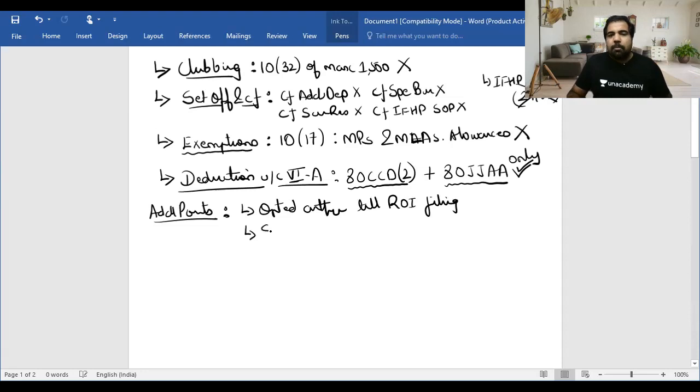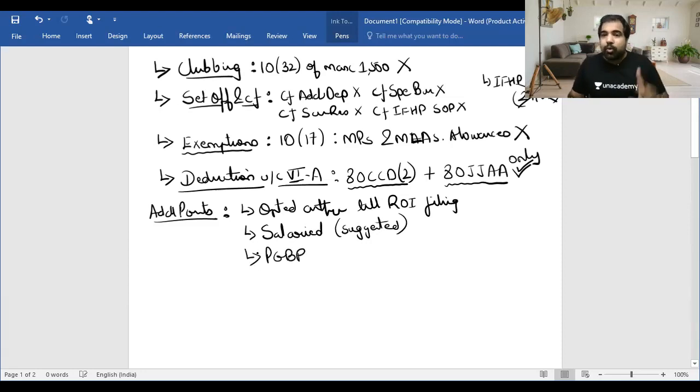Second, if you're a salaried professional, guys, if you've done the TDS chapter with me or anywhere else, you know that when you get a salary, there's a TDS deduction under section 192. Because of that, your employer should know whether you want to opt for this. So salaried people are advised that they should opt for this if they want to, and tell their employer that they're opting for it.